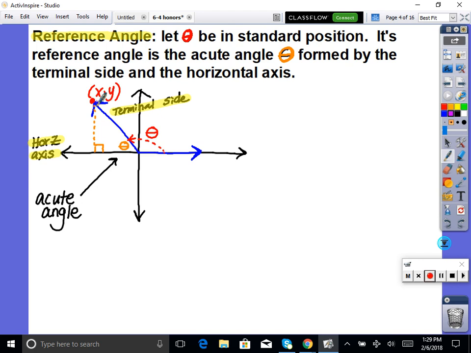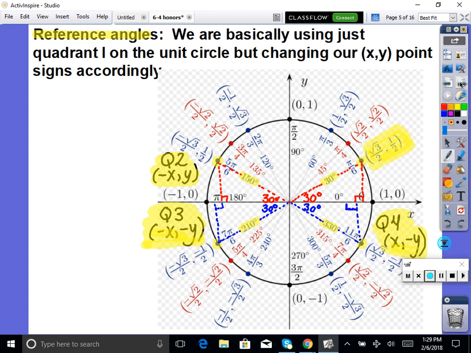So everybody, a reference angle will be the acute angle inside the right triangle here. Everybody good with what a reference angle is? The one that creates the right triangle. So let's begin. So looking at this, one thing I want you to know, for your ACT, you're not going